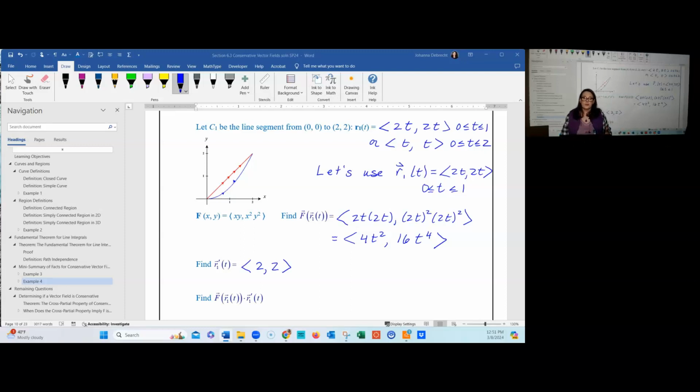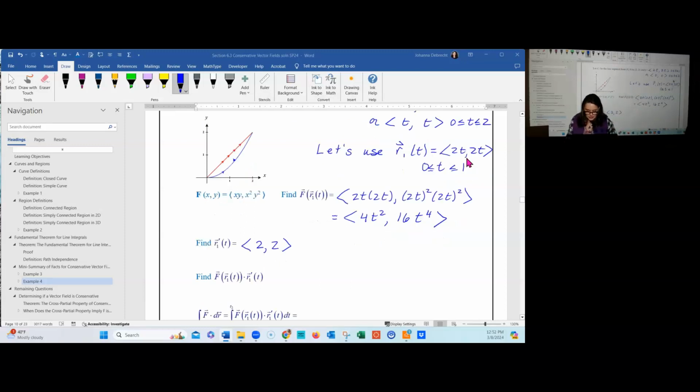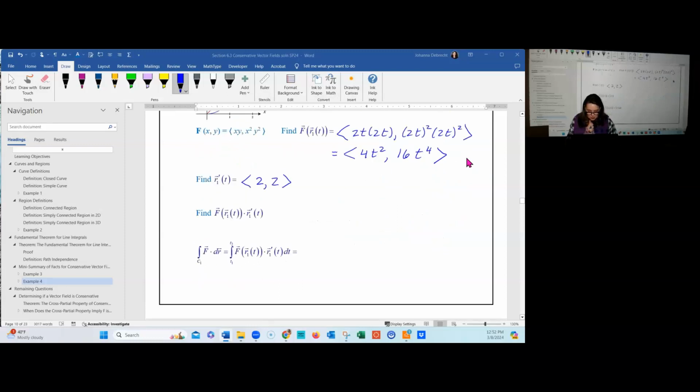Finally, in order to compute the vector line integral, I need to find r prime of t. In order to compute r prime, I simply take the derivative with respect to t, which gives me 2, 2. My next step is to find the dot product between f of r of t and r prime of t,